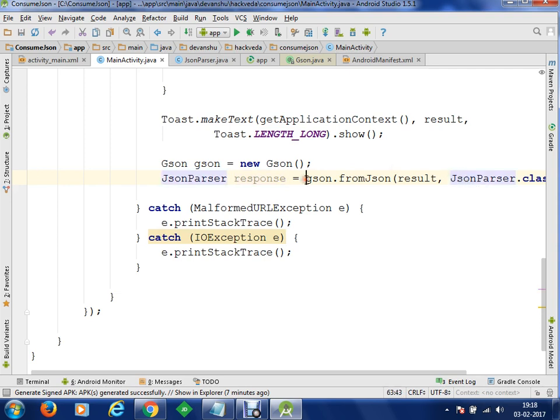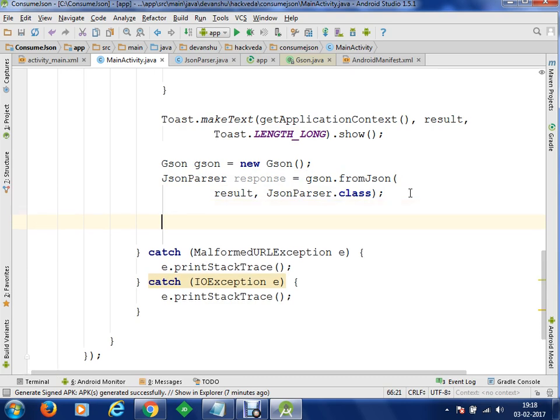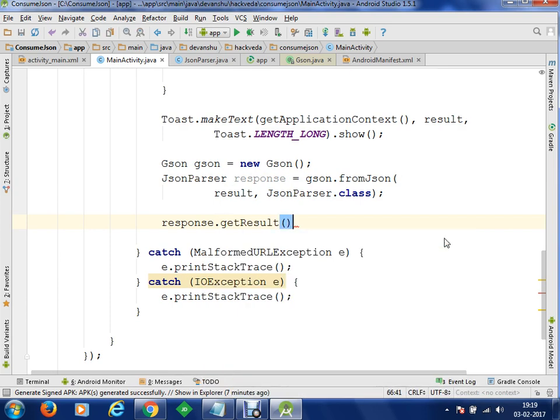Now, once we have got this information, what next do we need to do? We have got the response, and from this response we can get the details. So we can do response.getResult, which is going to give us result entity. Once you have got the result, you can store that into result entity.